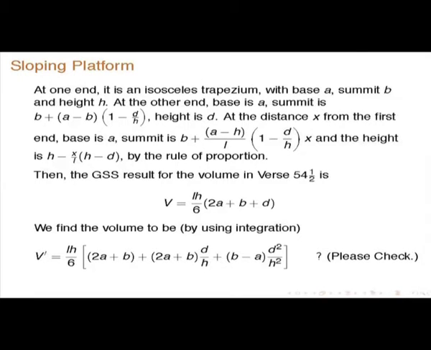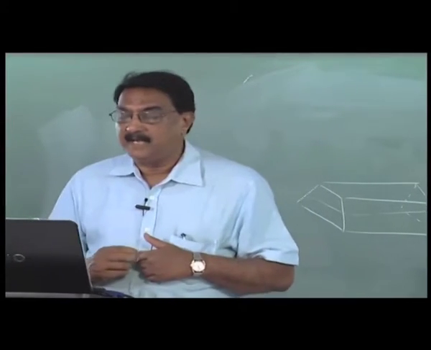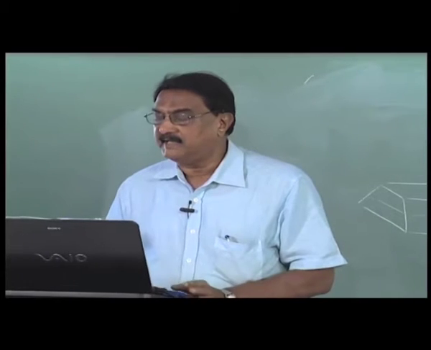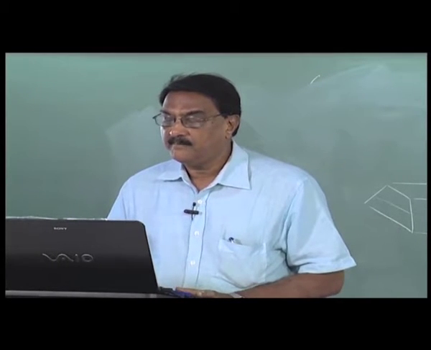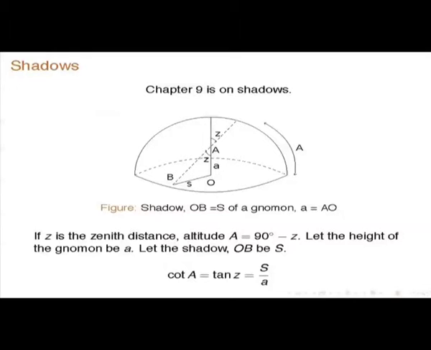2A plus B plus D he is getting, but what one should get is this. So he has made some error. Of course, these are more complicated things, simple arguments will not so easily work, like a frustum may not work here. So probably that is why he has not got the correct result. Anyway, you should check what the correct thing is, you can check it using integration.